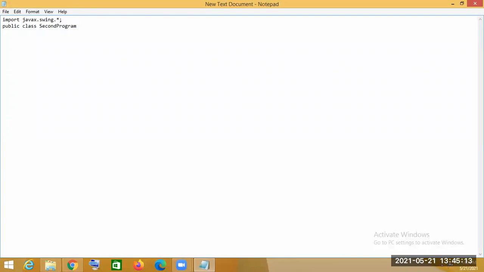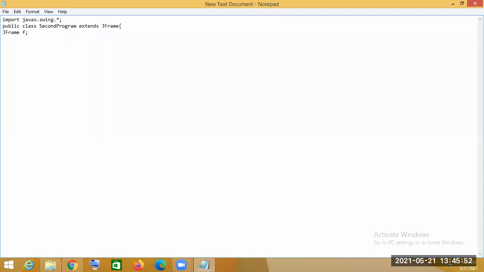It is a user defined class, and it extends JFrame, meaning the frame class is imported, we are importing the frame class in our program. So we have to create a JFrame.